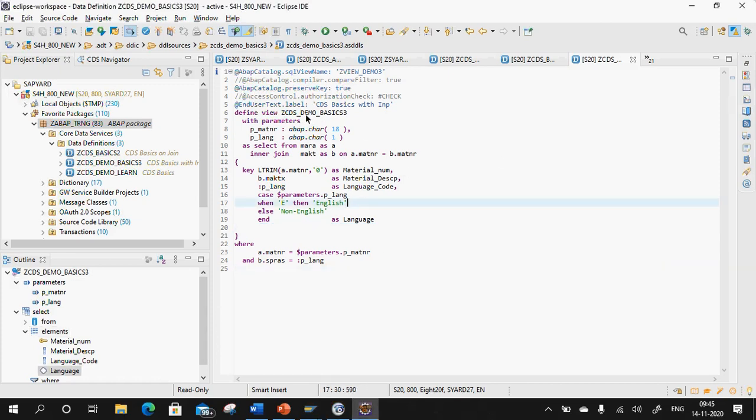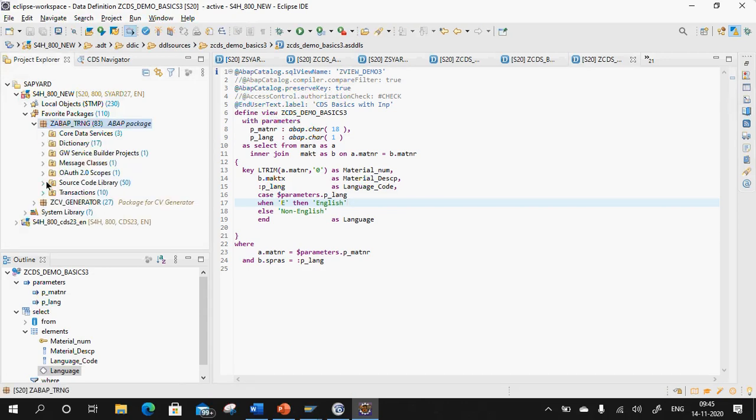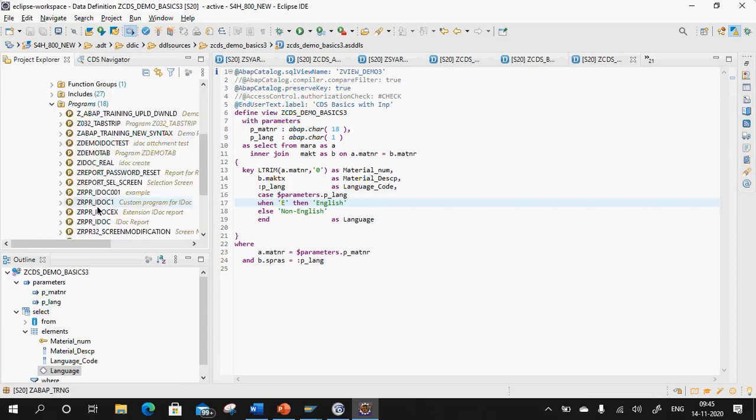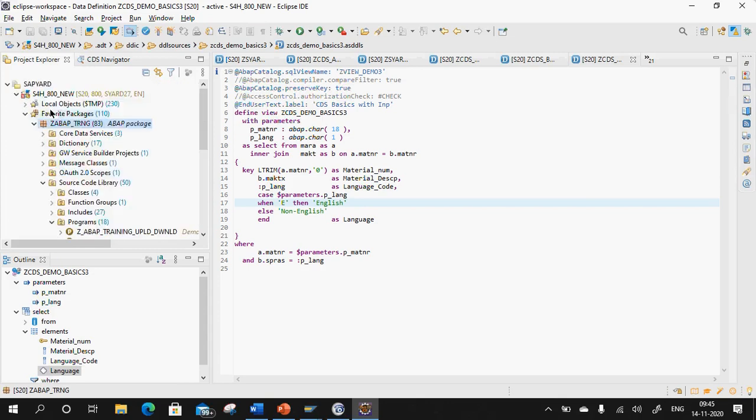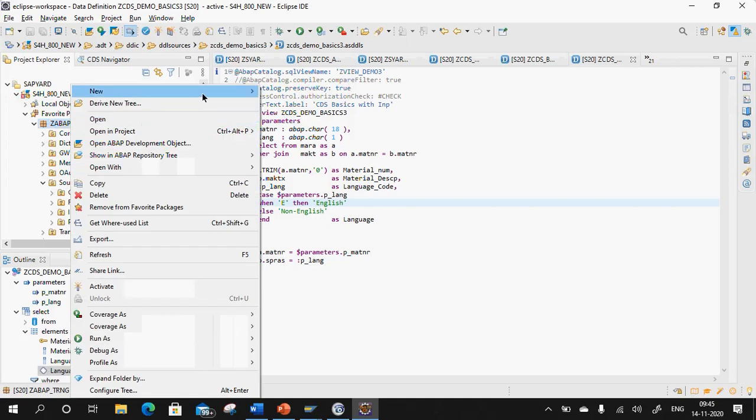Now, if you want to consume the same in your ABAP report, suppose this CDS view, I'll just show you. So on that day, let us take any program. Let us create a program.